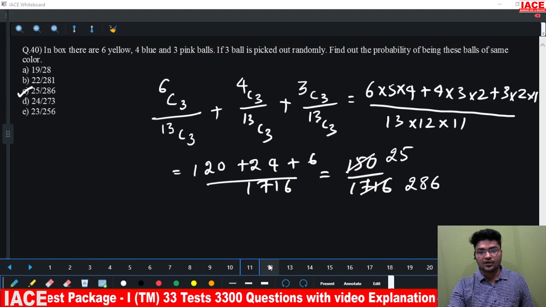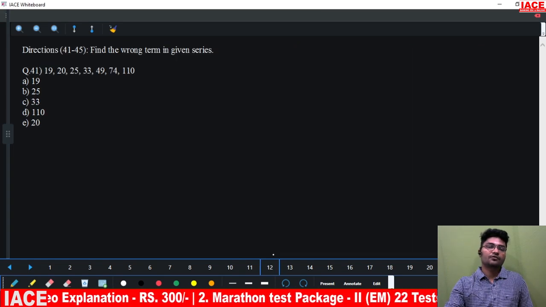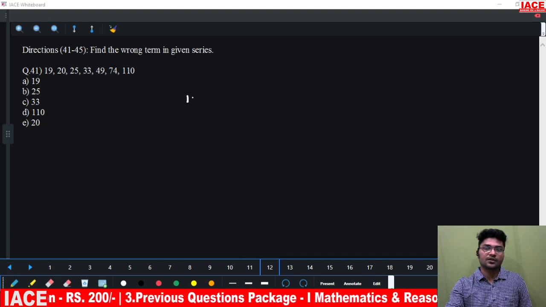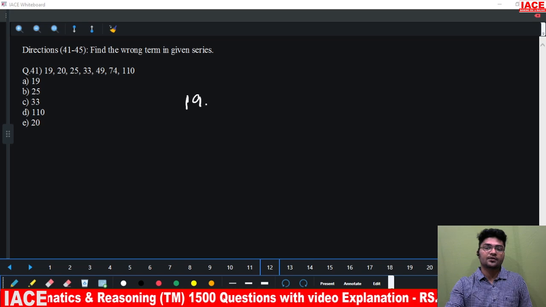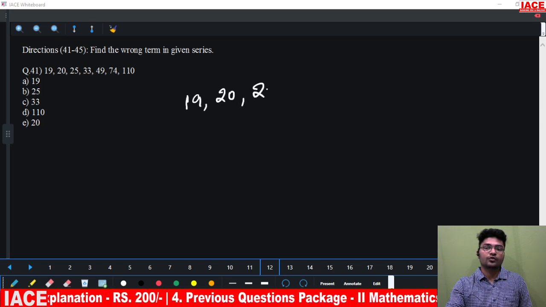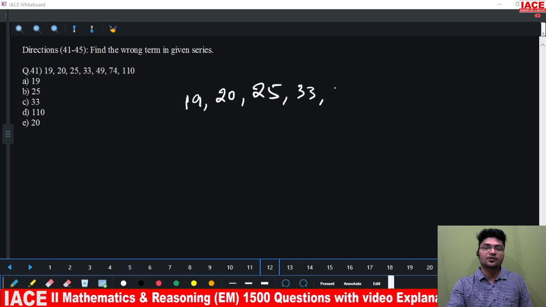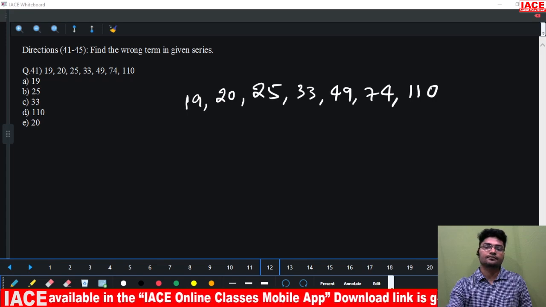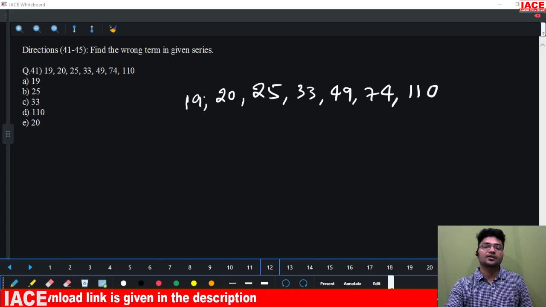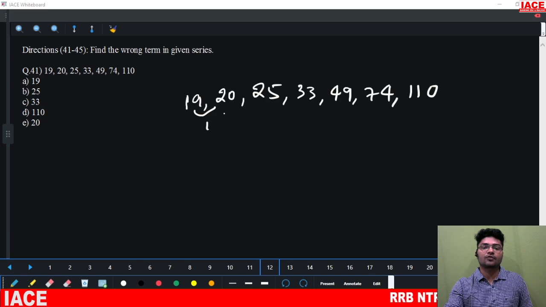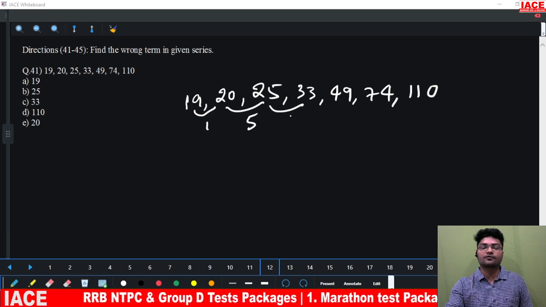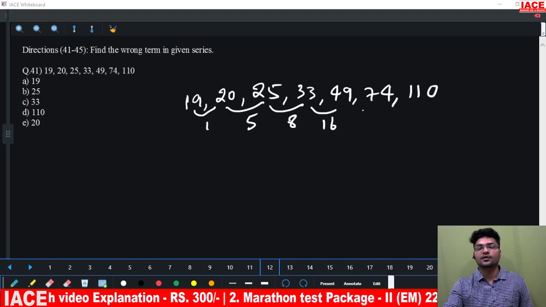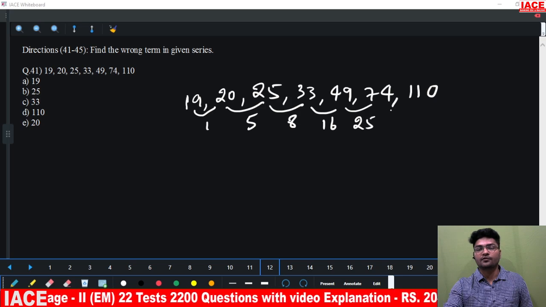Now question number 41. Find out the wrong term in the given series. First of all, let me write down the numbers. This is 19, 20, 25, 33, 49, 74 and 110. As the numbers are closer, I'll take the difference first. The difference here is 1, then 5, 8, 16, 25, and this difference is